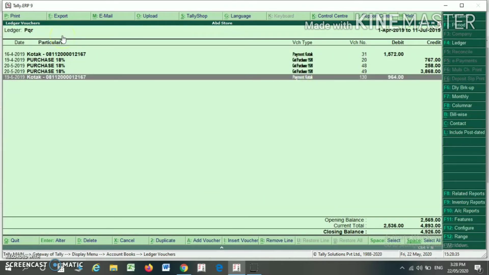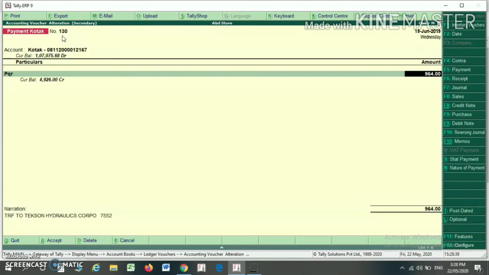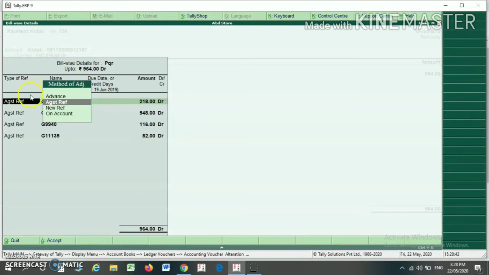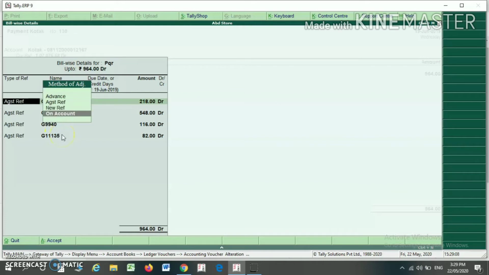Now I am making a payment to my creditor, then for such payment amount I will be asked against which bill I am going to make the payment. So I have to select here, from the list of bills, the particular bill against which I have paid the said amount. Friends, this is one more primary requirement for viewing the bill-wise report. If you make any error in selecting your bill, then you will not be able to see the correct bill-wise report in your Tally ERP9 software.